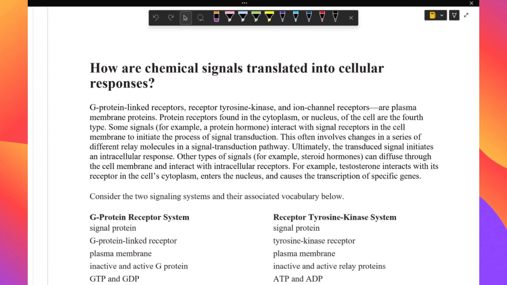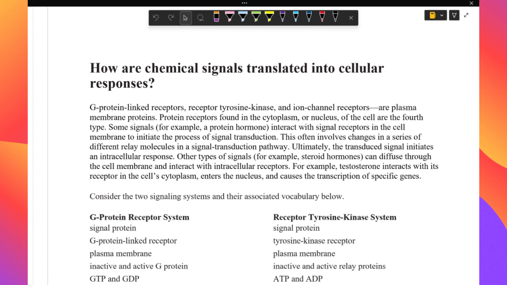This often involves changes in a series of different relay molecules in a signal transduction pathway, and ultimately the transduced signal initiates an intracellular response. So a signal molecule from outside reacts with this transmembrane protein and is transformed into some other kind of signal, which initiates a response inside the cell, intracellular. Other types of signals, for example, steroid hormones, can diffuse through the cell membrane and interact with intracellular receptors. For example, testosterone interacts with its receptor in the cell's cytoplasm, enters the nucleus, and causes the transcription of different